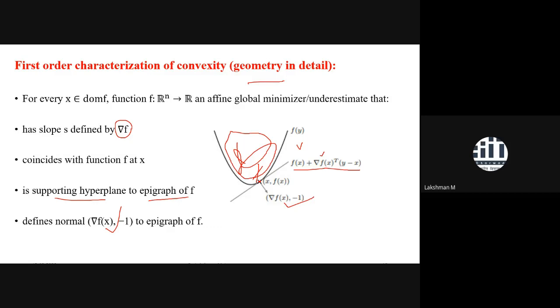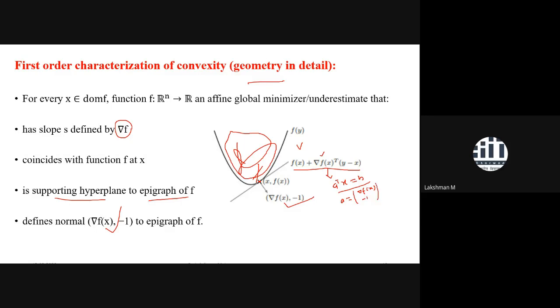This representation looks very nice in order to convert the tangent hyperplane into the very compact representation of a hyperplane, that we represent by a transpose x equals b. For this representation, a will be given by gradient of f, -1. So a is the normal direction, given by the gradient of f at point x. Remember that it is defined pointwise. If you change the point, your gradient will be different.